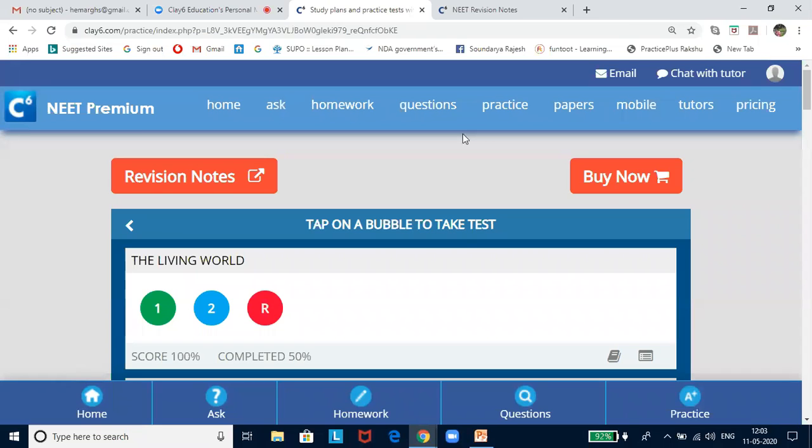But the only thing is, you must have heard from people who have taken NEET, or from your seniors, or from super seniors, whoever has been very successful, they all would say that for biology, you stick to your textbook. Then is it possible for you to remember line by line all the points from the textbook? It is humanly impossible. So to help you with that, the revision notes are handy and these tests come to your aid.